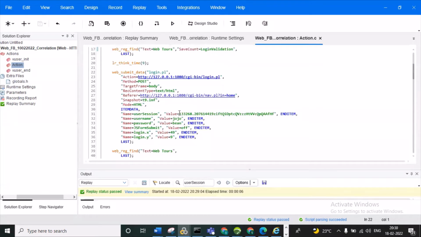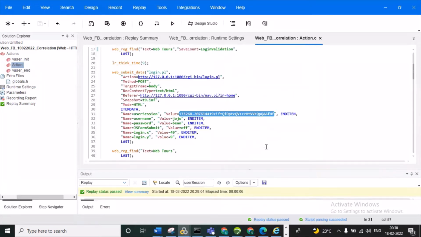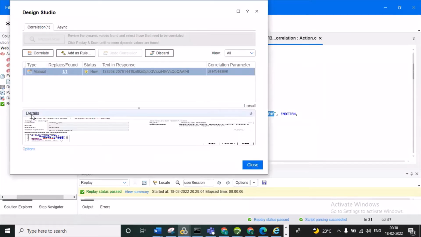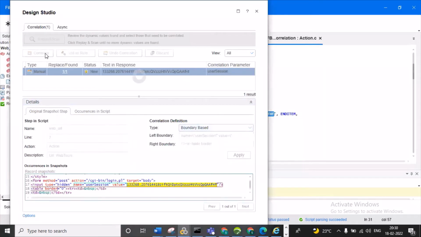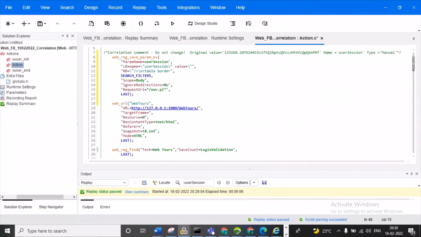Now you can do this correlation and it will pass successfully. I am not doing manual correlation. Just click on the correlate selection, click on details, select boundary based, and correlate. So now we have done the correlation.